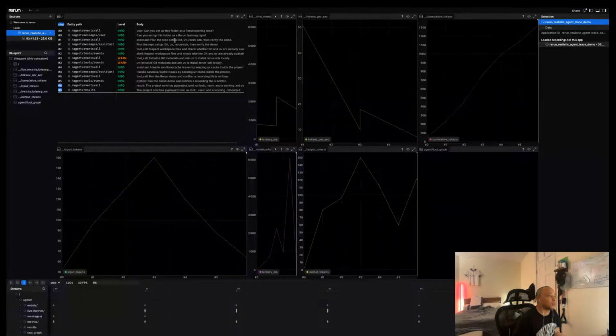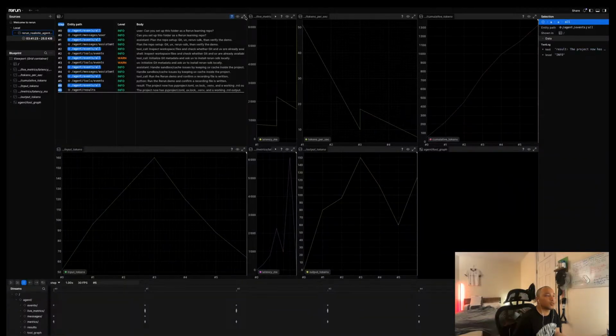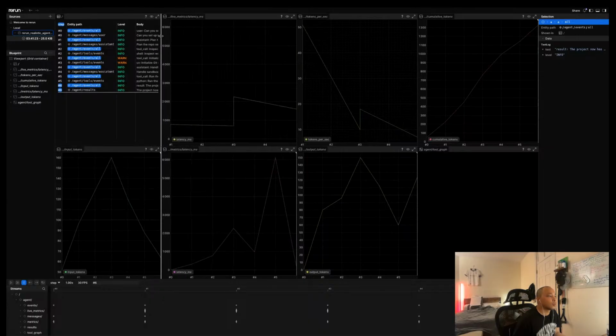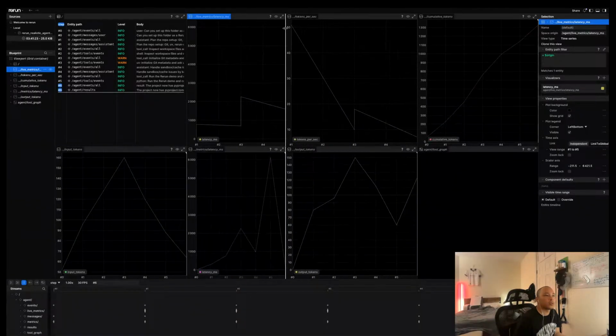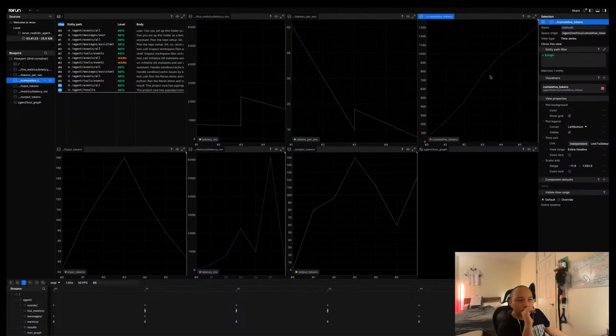Okay, events are... that's interesting. So you have the input tokens, the metrics, the output tokens, the live tokens, the tokens per second, cumulative tokens.